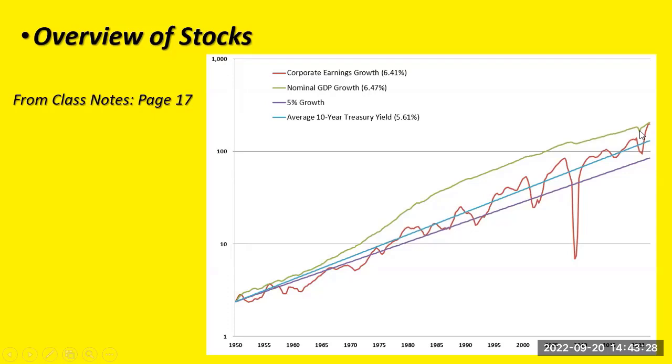And I argue that could be because I'm looking at the S&P 500 here. It could be that a lot of the growth in corporate earnings is coming from small companies and companies that don't exist yet. And so that makes up the difference. But as of just here recently, corporate earnings growth has actually been right in line with the economy. But does this chart give you any evidence that you should assume corporate earnings to grow a lot faster than the economy? That doesn't make a lot of sense, does it? You don't have much evidence for that. So if you expect our economy to grow at a certain rate, then you expect something similar for corporate earnings growth.